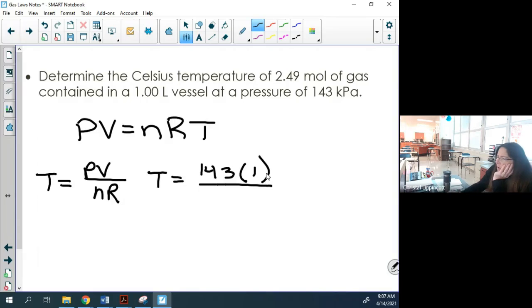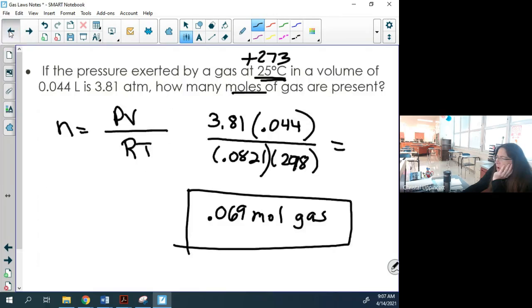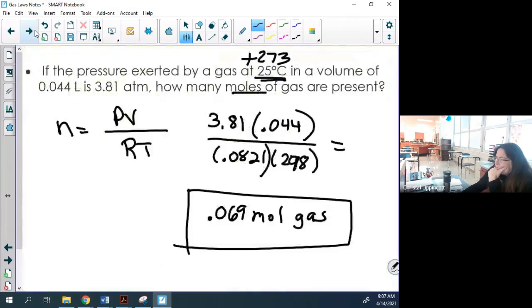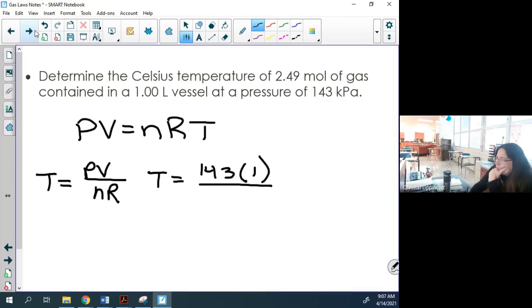Is it just 143 on the top, or does the 1 point...? Well, you're going to have to multiply it by the 1 here for the volume. It'll be over something times... The moles are given right here. 2.49 times